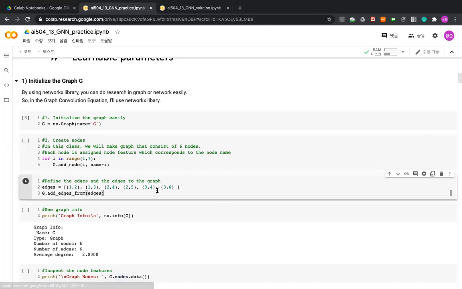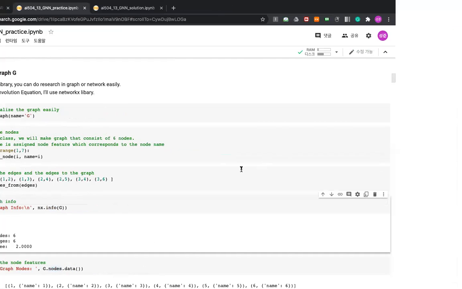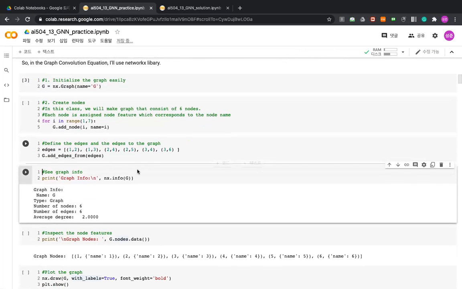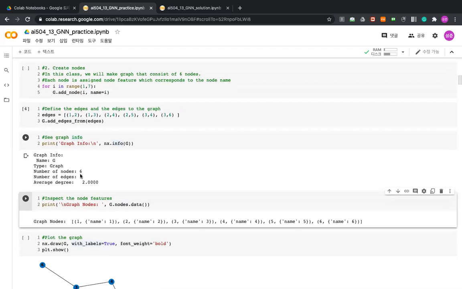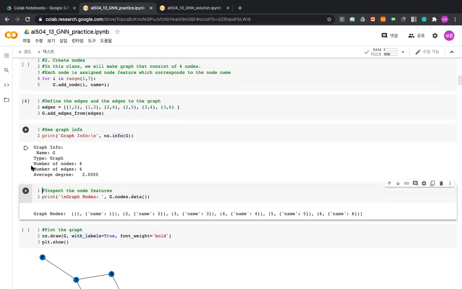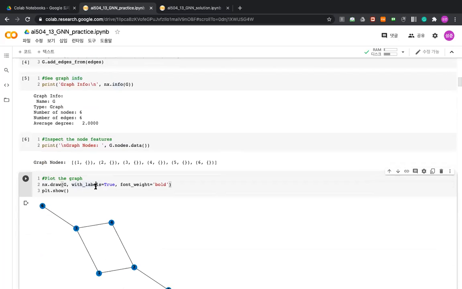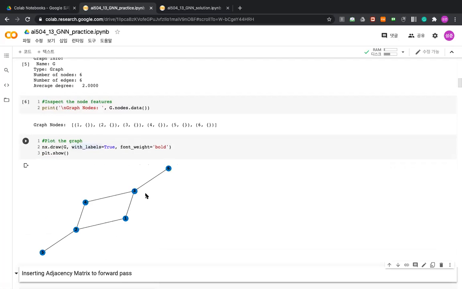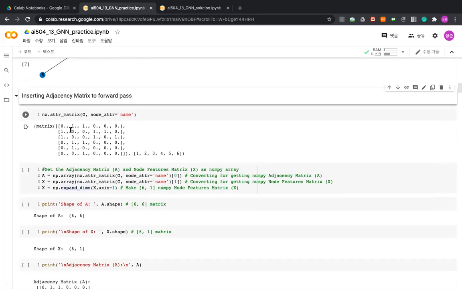And next, we will add edges. Likewise, it is similar to this. And next, we print. By printing, we can see the number of nodes and the number of edges in the graph. And we can print the node features and we can plot the graph. And next, by using the attribute matrix function,